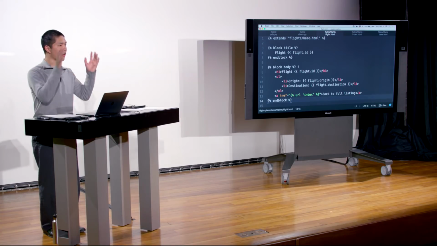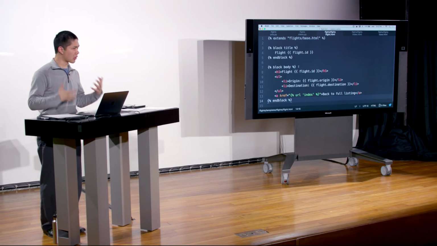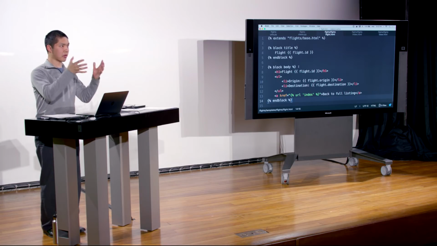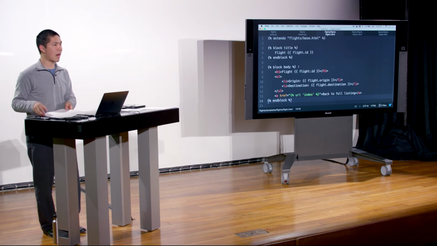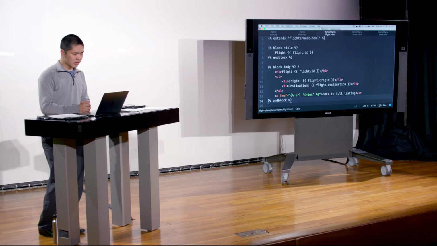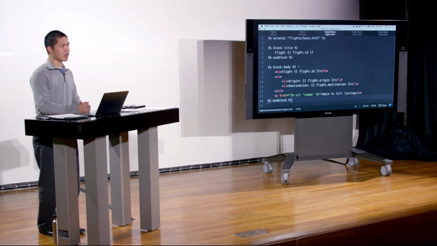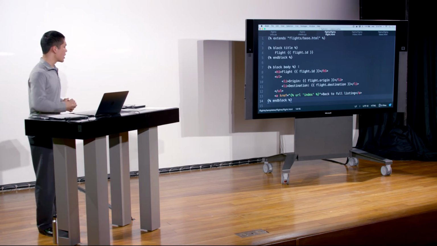We won't have time to go through all the features, but there are all sorts of filters you can apply to things to make things look precisely the way that you want them to, and it can be quite powerful in that respect. So now what I want to do is think back to our original airline application, where